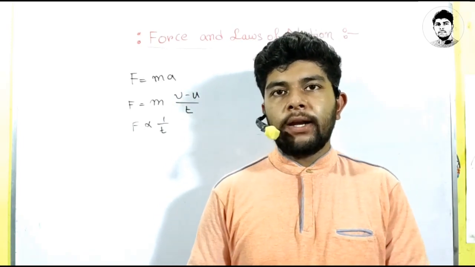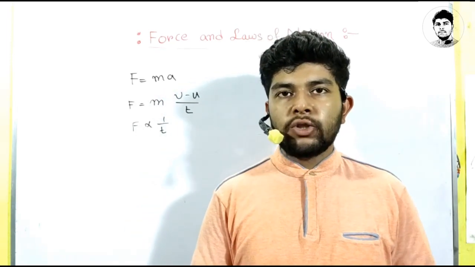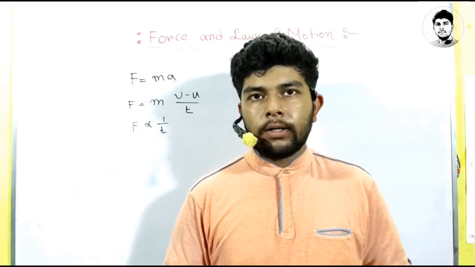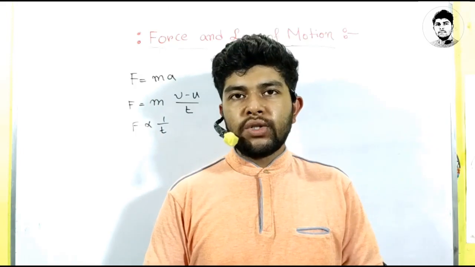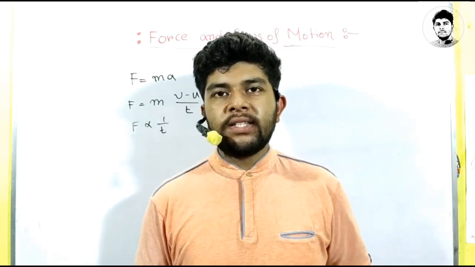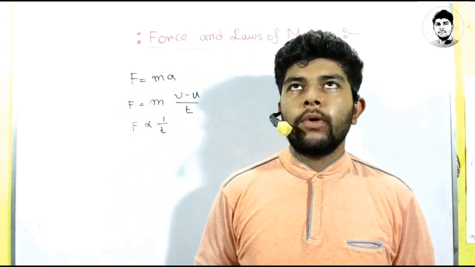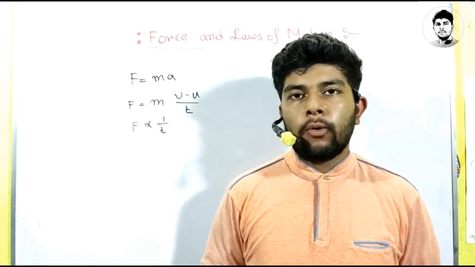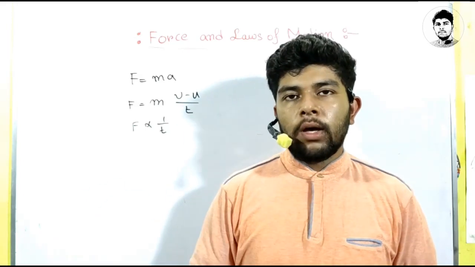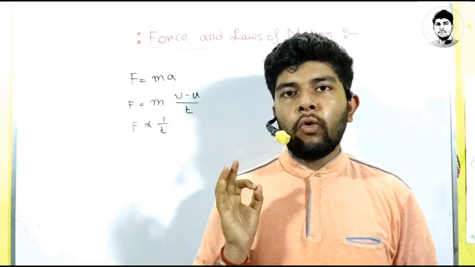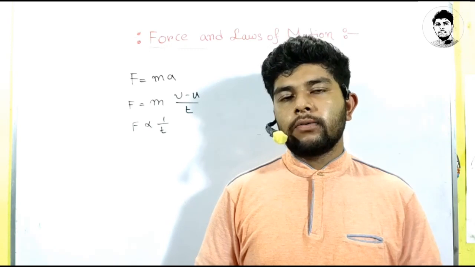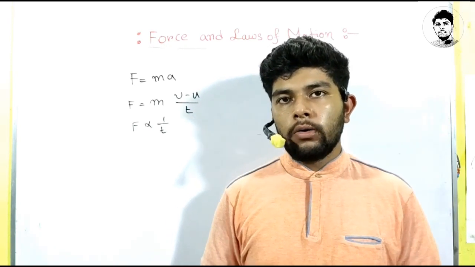If he fixed his hand in that position whenever he takes a catch, the time is very short, due to which he exerts more force on the ball, and then he gets hurt. So that is the reason when he takes the catch, he pulls his hand in the backward direction. Let's see another example. Suppose you jump from a height to the ground. At the moment when you reach the ground, the time is very short, so you exert more force on the ground. That is the main reason you get hurt when you jump onto the ground from a height.